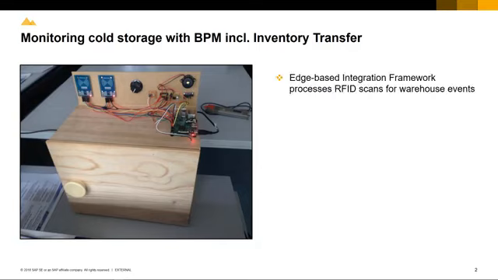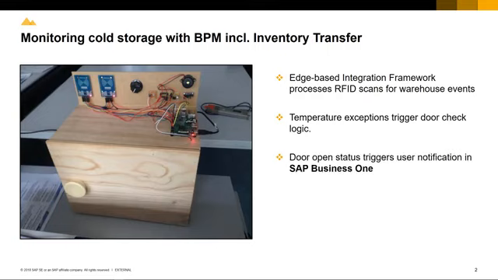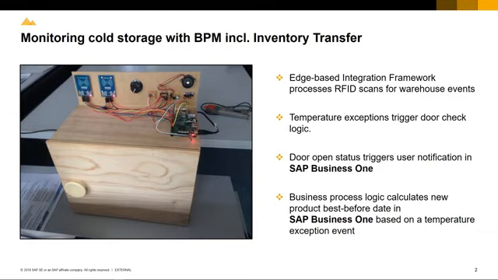The edge-based integration framework processes RFID scans which trigger specific warehouse events, such as temperature exceptions that trigger logic to check if the door of the cold storage unit is open or closed. If the status of the cold storage unit door is open, it triggers user notification in SAP Business One for action. Business process logic recalculates the best before date of these fresh goods in SAP Business One based on the